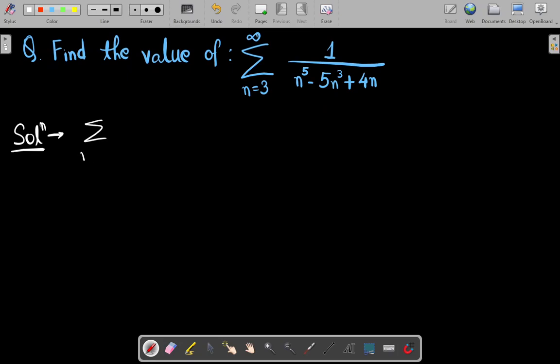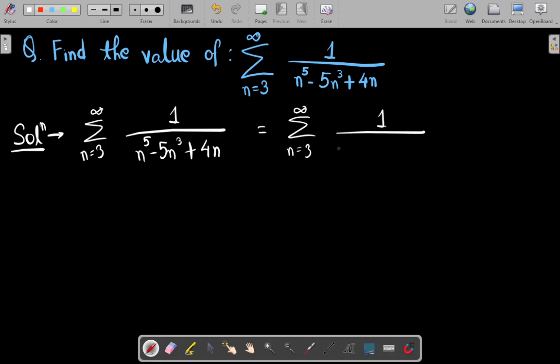We are given the sum as n goes from 3 to infinity of 1 upon n raised to the power 5 minus 5n cube plus 4n. So let us see if this denominator can be factorized or not. Okay, this becomes 1 upon, if I take n common, n raised to the power 4 minus 5n square plus 4, right? So if this term can be factorized,